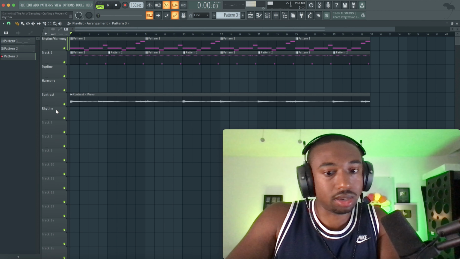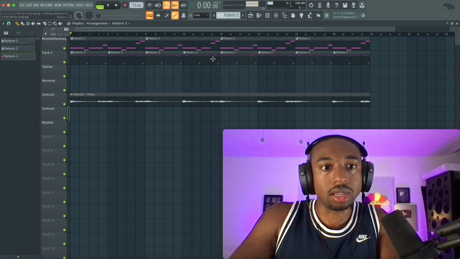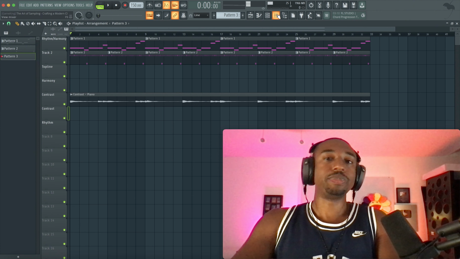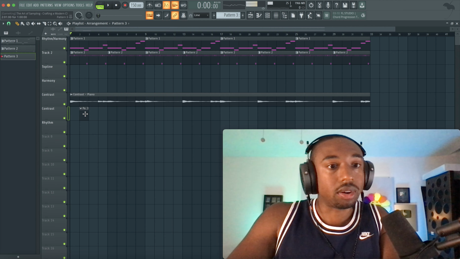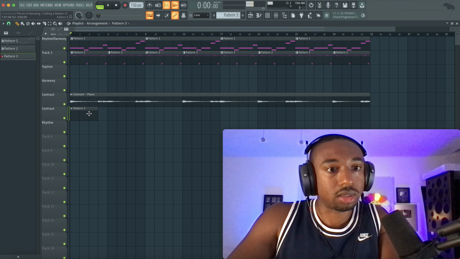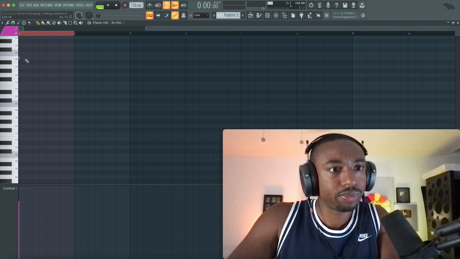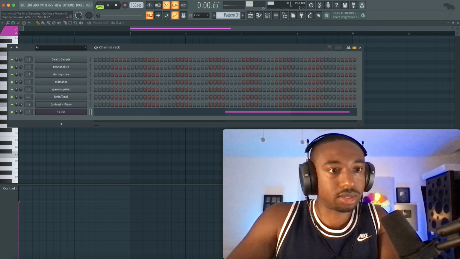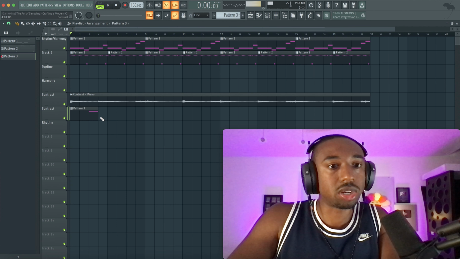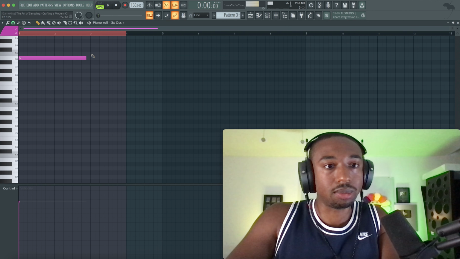So let's add another contrast layer here. And I wish there was a quick way to do that MIDI wise, I'm just going to kind of memorize what I did. Let's add a pattern in here. So I started at the root note, which is B. Let's right click, go to piano roll. Let's go to B. And what I'll do to save you guys' brain is turn this down. All right, so all I'm trying to do here is just match the notes that I played, but we're going to play them down an octave.